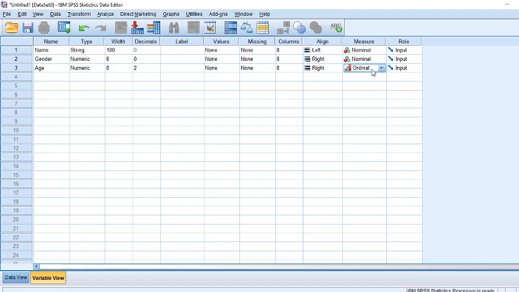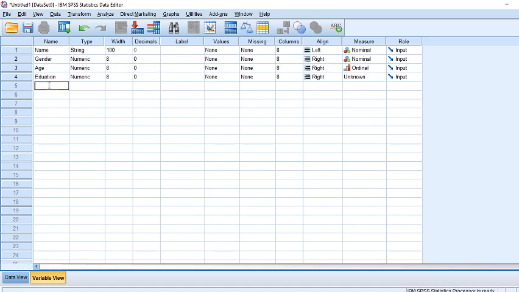If you have created groups, you will select ordinal. Then we are going to give another variable, education. These are all demographic variables, so I am going to make the decimals 0.